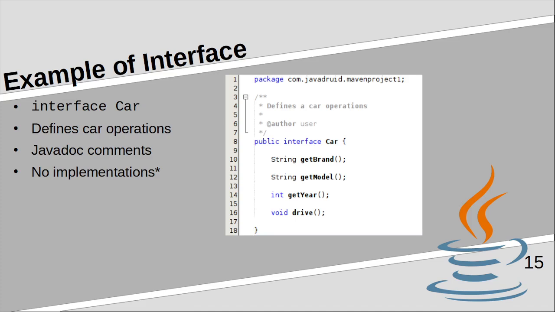As you can see, you can already see the package name. In this case, it's the same as the main, because we have a very simple program. In lines 3 to 7, you have some documentation. It's called JavaDoc, where you can add documentation to every interface, function, variable, and constant. Again, comments.